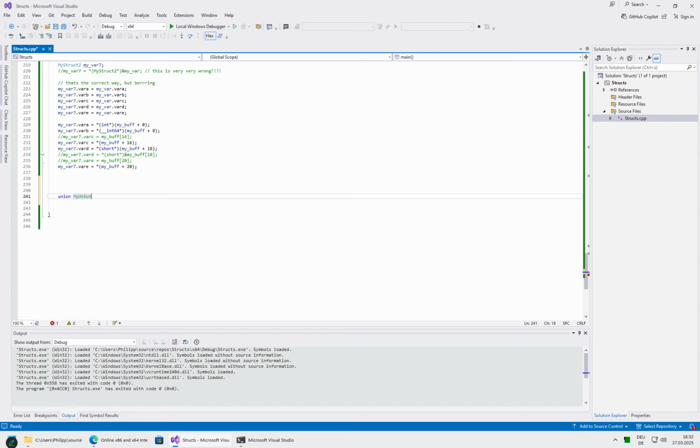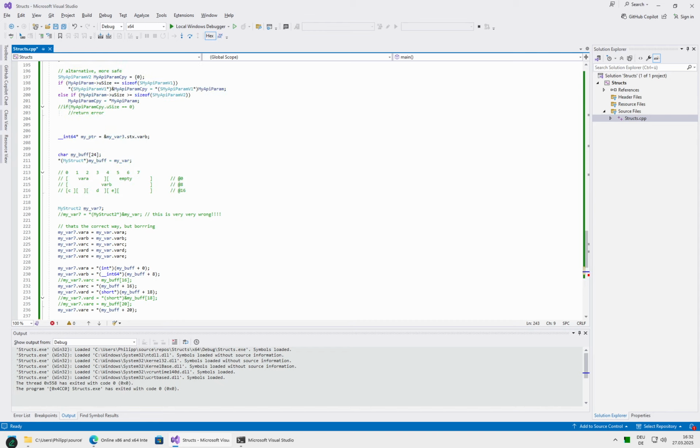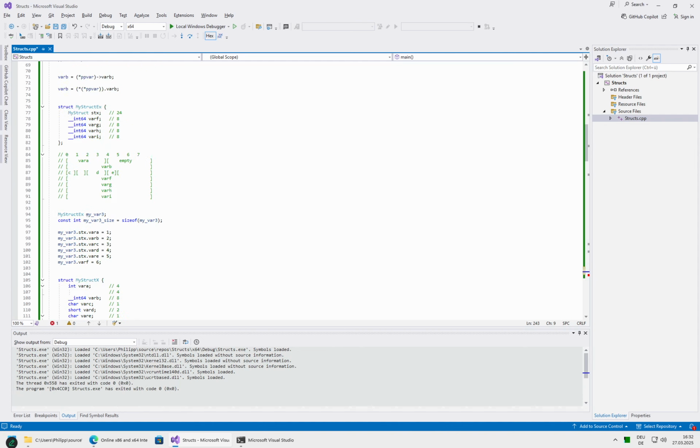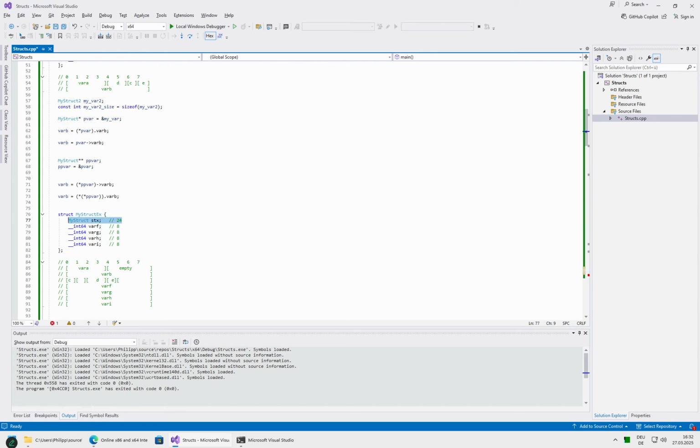My union, and let's give it something to do. For example, you could use... one thing about structures I didn't tell you. You don't need to copy like nest structures like this. You can just write struct and write another struct inside this thing. So you could have a struct st_, let's call it